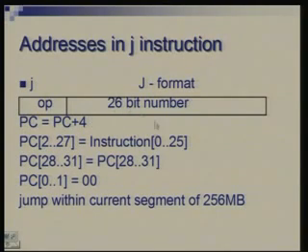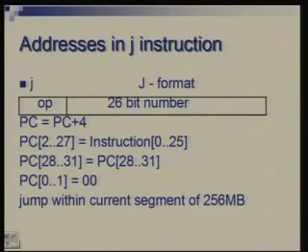So, these 26 bits of the instruction, which I am saying instruction 0 dot dot 25, these are the 26 LSBs of the instruction corresponding to this field. They are placed in positions 2 to 27 of the PC. Bits 28 to 31 of PC are unchanged, and bits 0 to 1 are 0 and they remain 0. So, now what it means is that